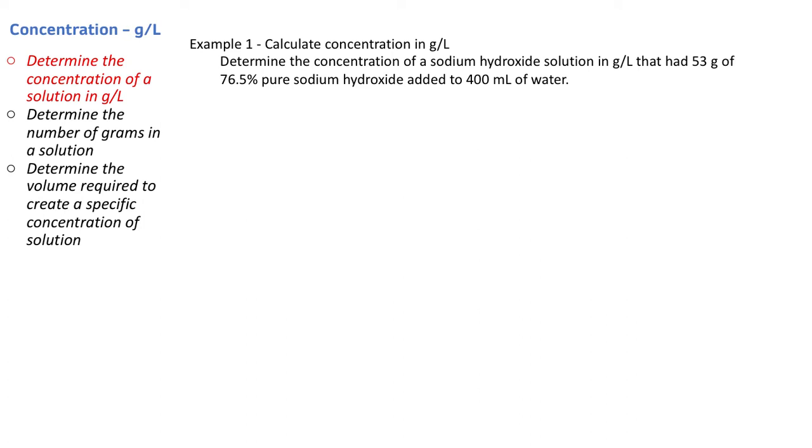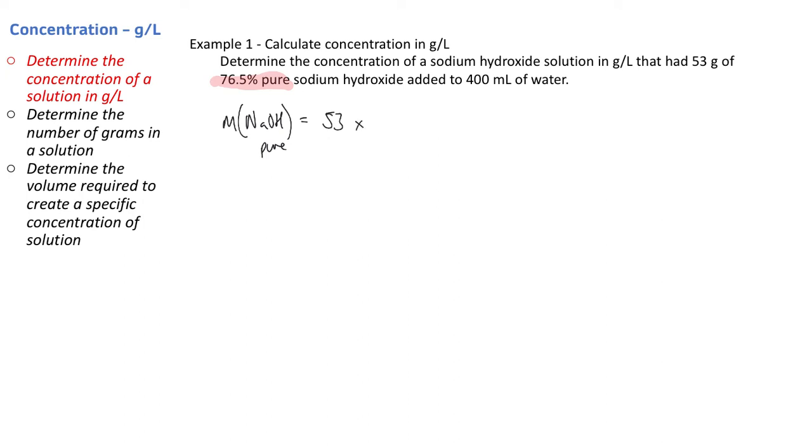You've got the concentration of sodium hydroxide in grams per liter that had 53 grams of 76.5% pure sodium hydroxide added to 400 mils of water. There's a little bit of an extra tickle here because it's got the 76.5 percentage. So let's work out how to do this. First of all, we have to work out how much sodium hydroxide is actually here. So the mass of the pure sodium hydroxide, because we've only got the impure mass, the 53 grams, is 53